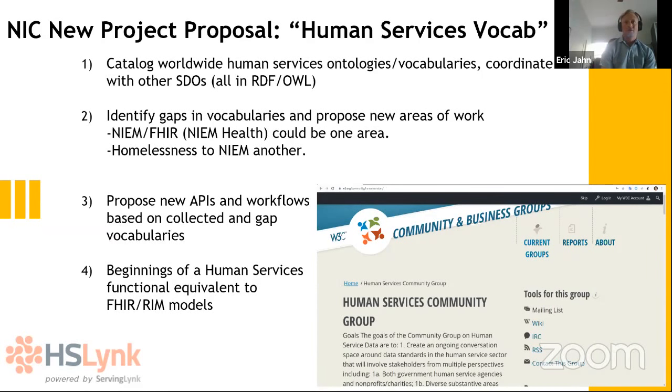I remember back then, NEAM was just starting a human services domain back in 2012, and they were arguing over, should we have JSON or XML schema? Well, nobody argues about that too much anymore. It's kind of like, do whatever you want, we'll convert it. So we're just in, I think, a different place.